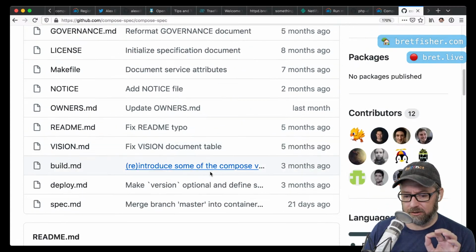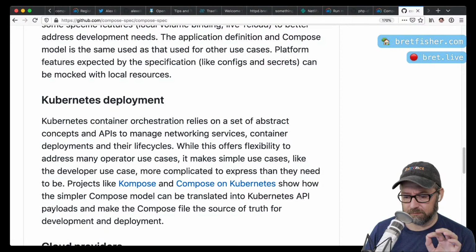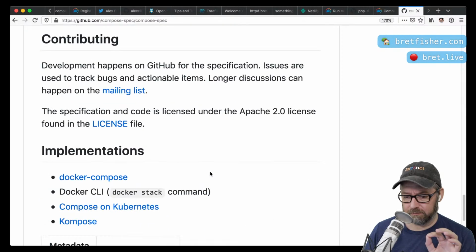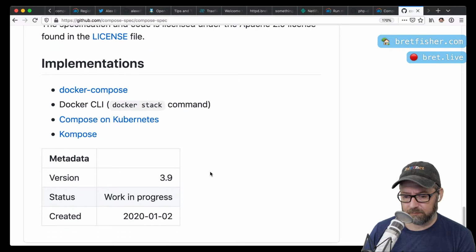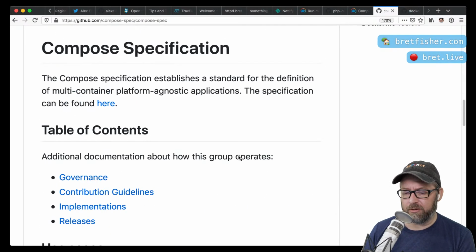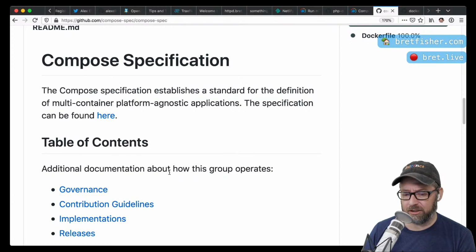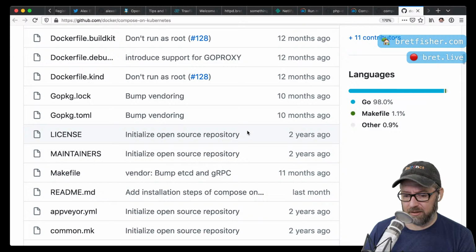There was a goal to make it, it might actually be in the compose and Kubernetes, but there was a goal for them to do that. Basically, understand the implementations and the differences of the specification.